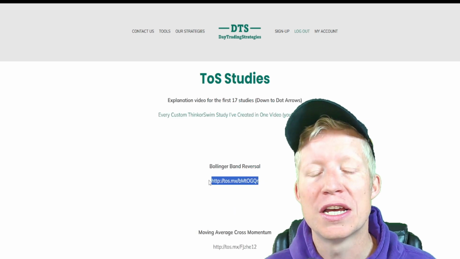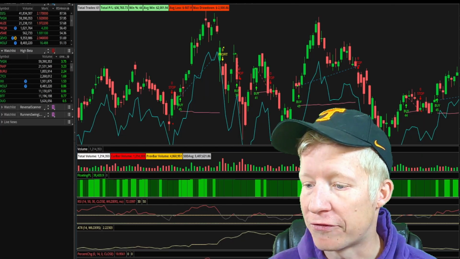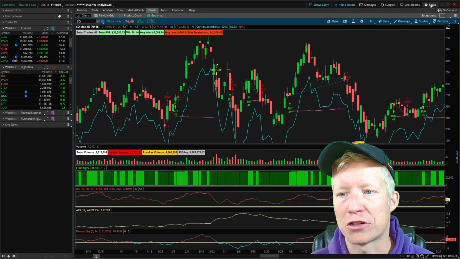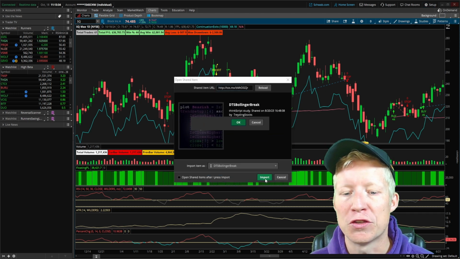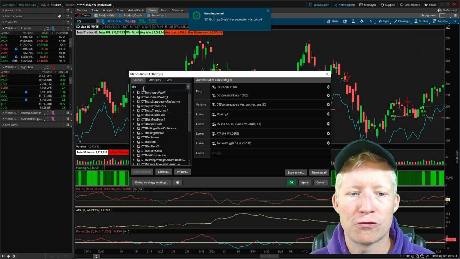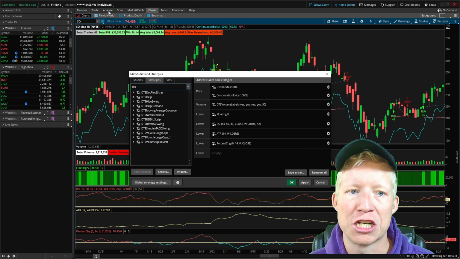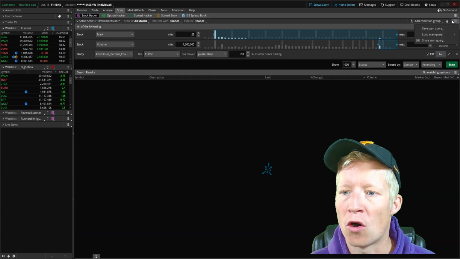All you need to do is copy the share link that is available in all of those different code types. Back within your Thinkorswim setup, open shared item, paste in that link, preview, and import. Then they will all be available from your studies or your strategies or, of course, your scan columns, depending on the type